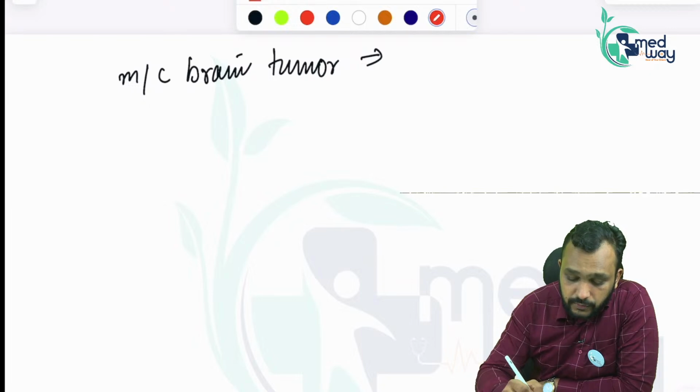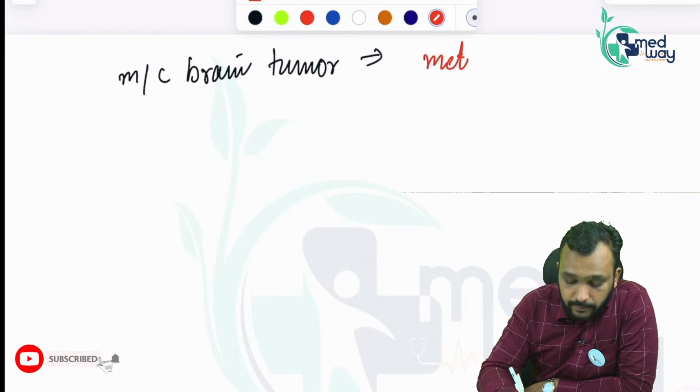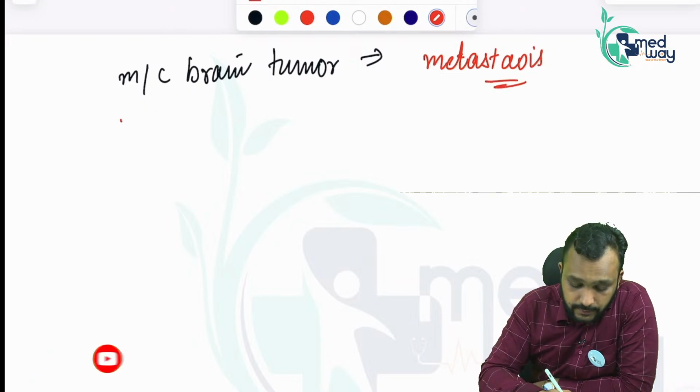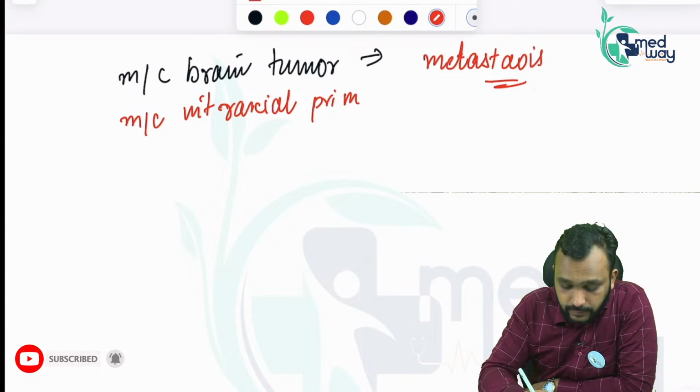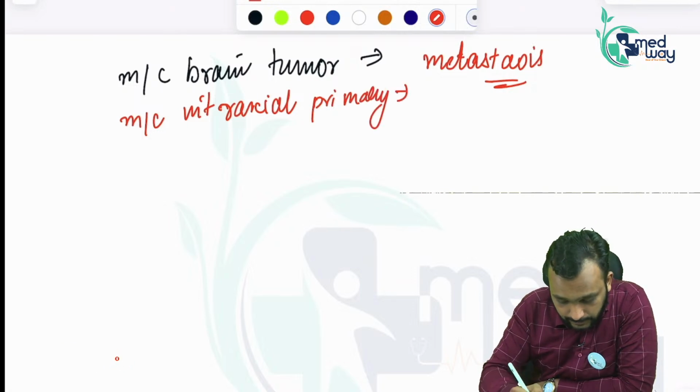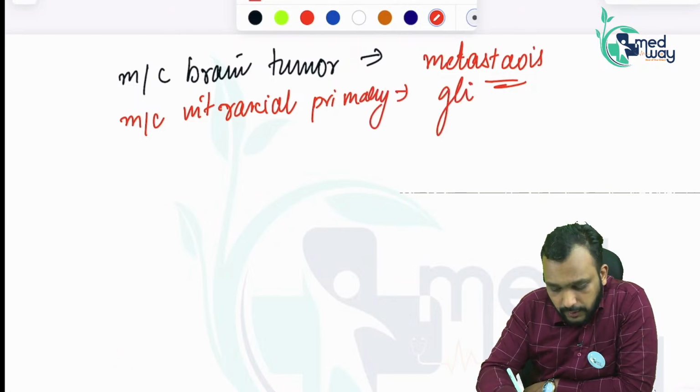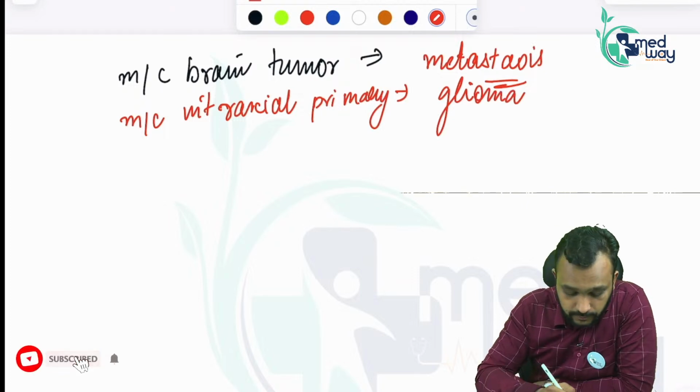So this is your most common brain tumor, your metastasis, right? The most common intra-axial primary brain tumor is your glioma. Most common